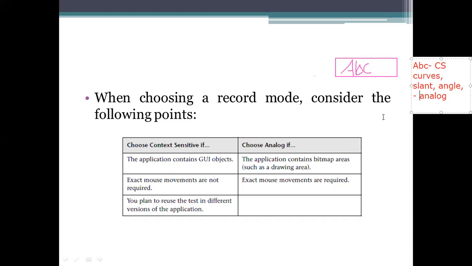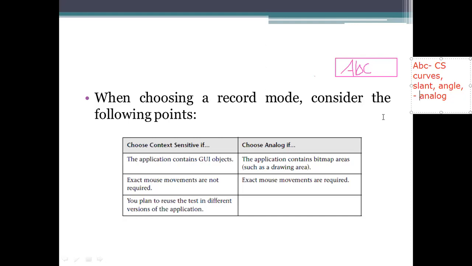You need to give the exact representation when we have the analog representation. So while testing any signature based or art based, meaning any drawing based one, the analog will be very clearly useful because it supports bitmap representation.